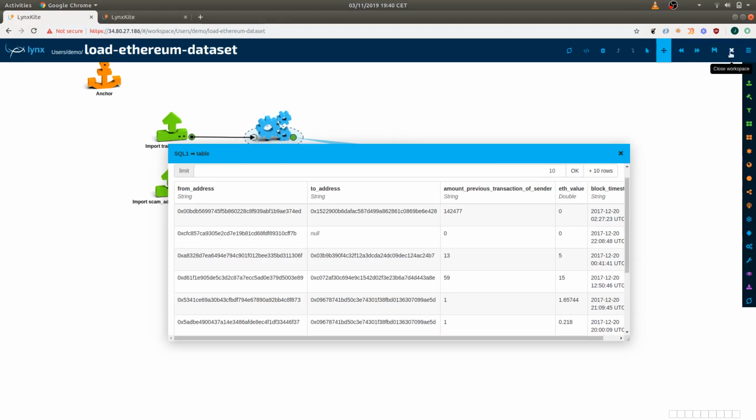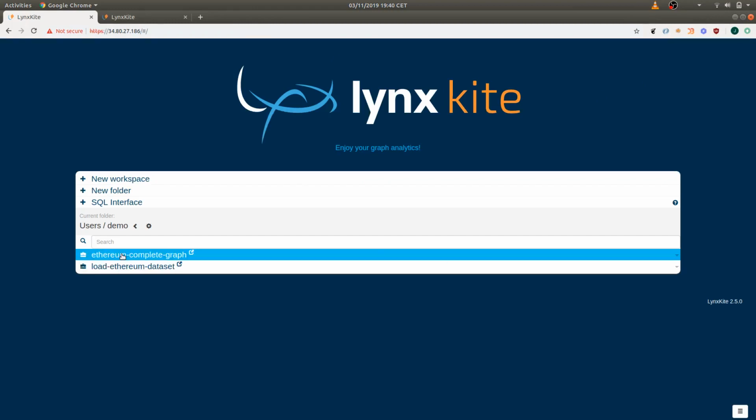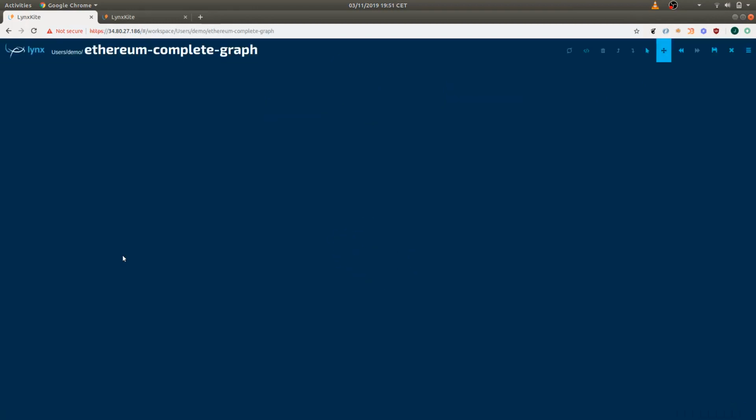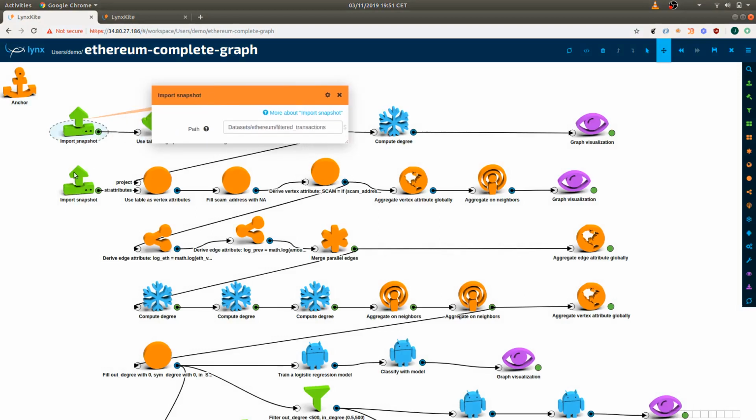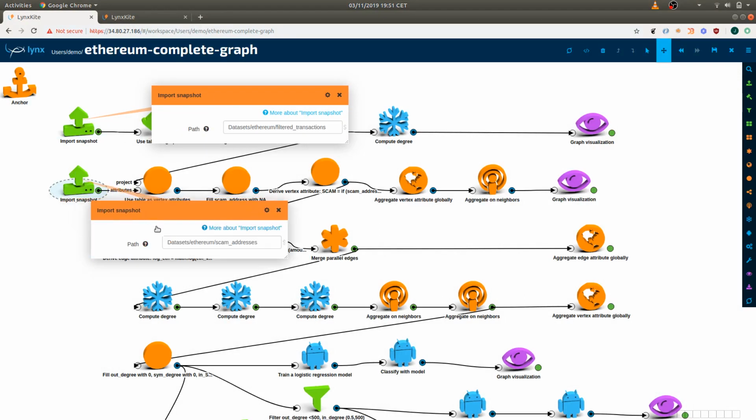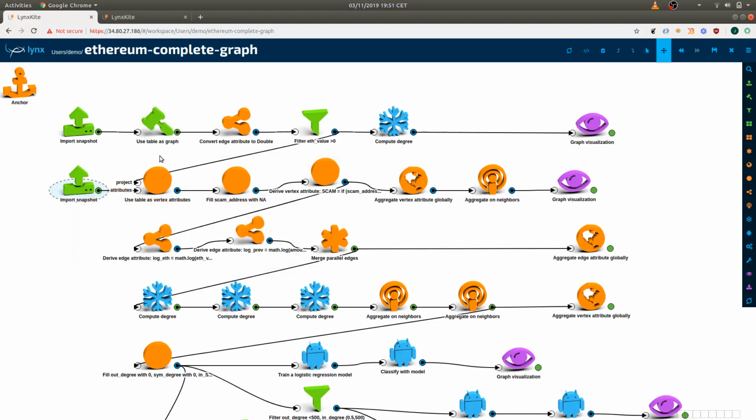Okay, let's dive into the analysis. In this workspace, we can see all of the steps of the analysis. We will start by building a graph from the data we just loaded. We can see that I'm using the import snapshot feature that I just mentioned to import both the scam addresses and the transactions data. To build a graph, Lynxkite offers a very convenient tool, the use table as a graph